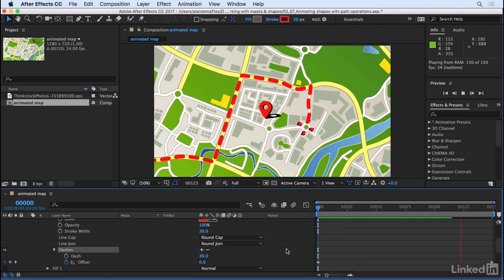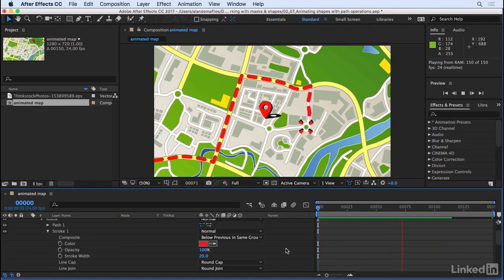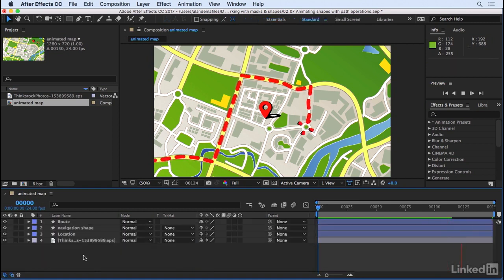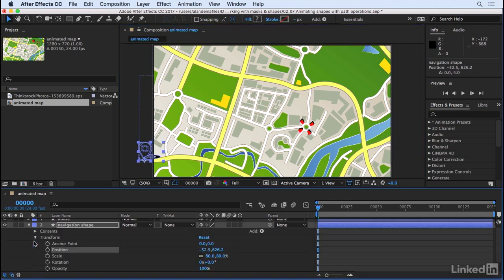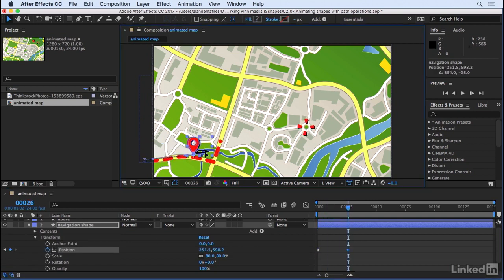We have some marching ants indicating motion, and that's looking pretty cool. I think now let's go ahead and figure out how to animate our navigation shape. So this icon right here, we need to have it follow along with the same path. So we can certainly come through here at the end at point A. We'll go to our transform and hit our position keyframe, and we can certainly click and drag and move this